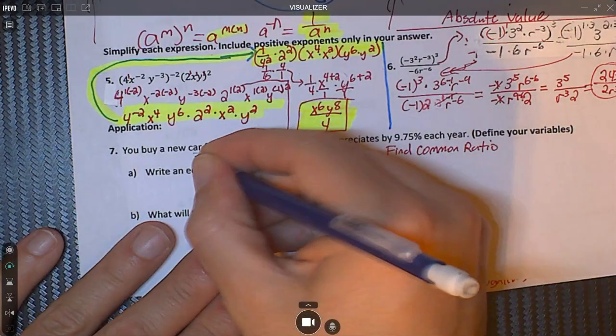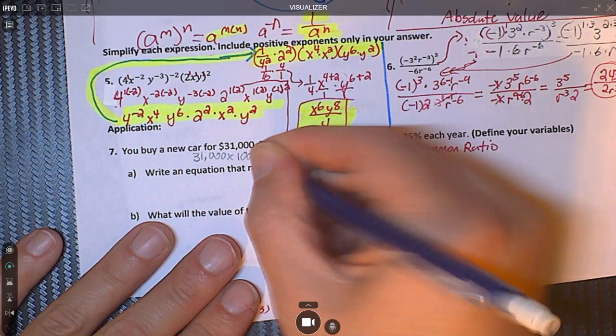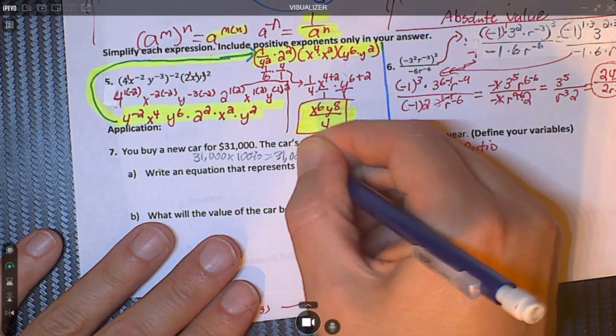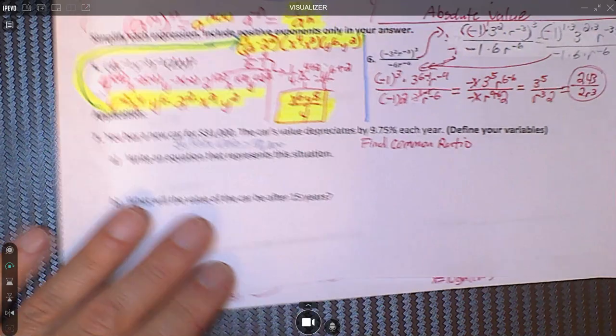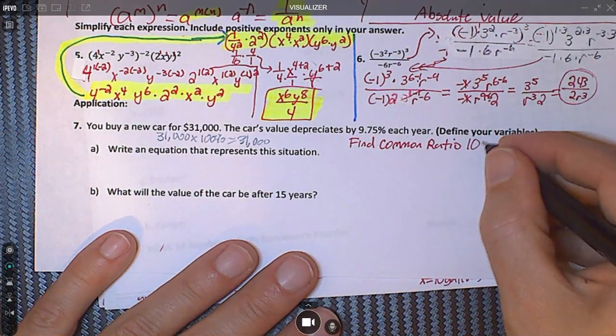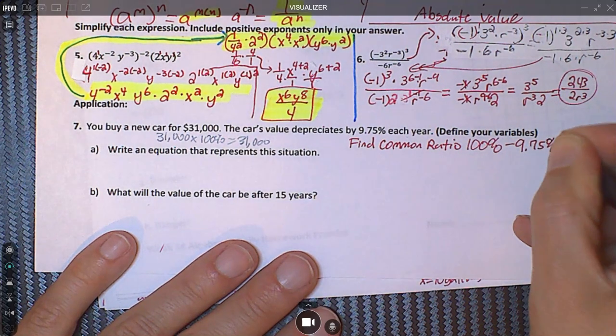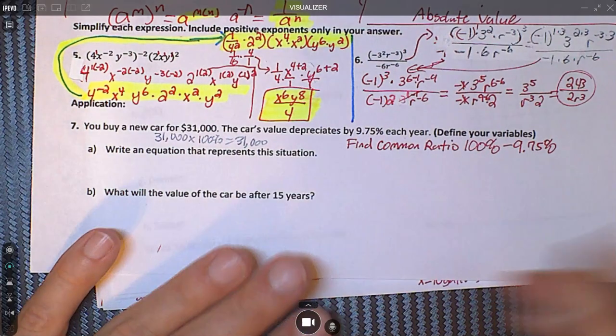If I do 31,000 times 100%, I get 31,000. So to find the common ratio, we do 100% minus 9.75%. And that's how you find that common ratio,